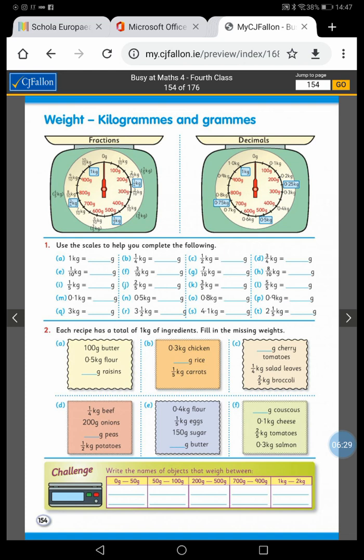And then at the bottom it says challenge, write the names of objects that weigh between. So you could estimate, or better still, if you have a kitchen scales, why don't you get it out and test your guesses, and if they're right, write them in. Again, if you can't print out the page, do the work in your copy. You can send it to me then tomorrow once it's corrected. I will send all the